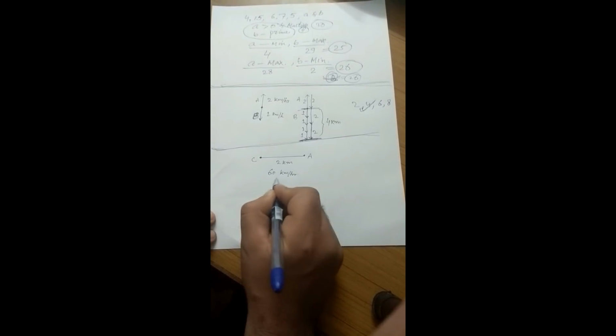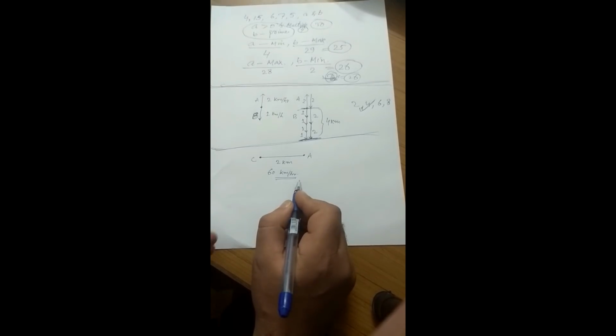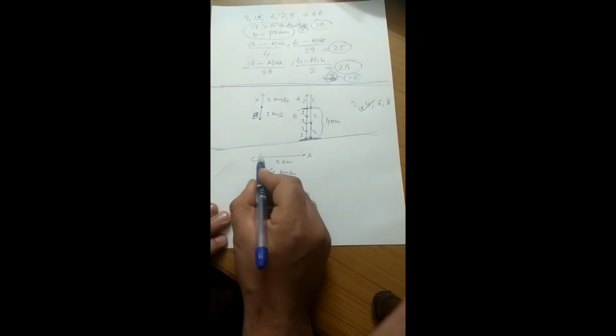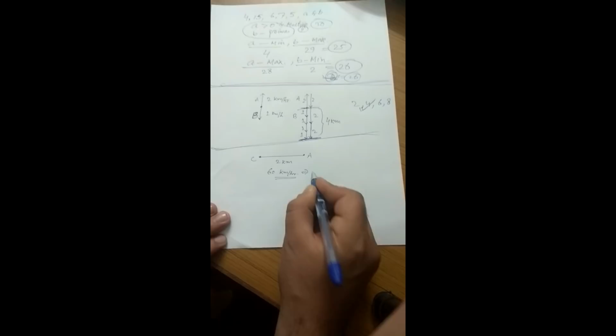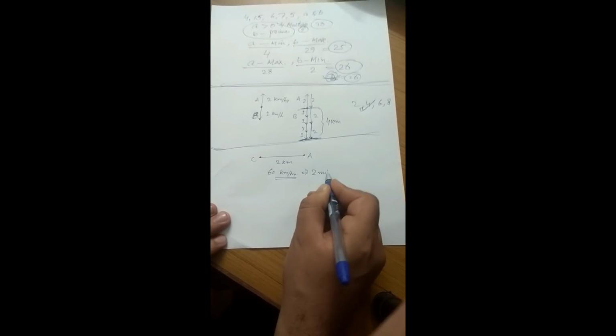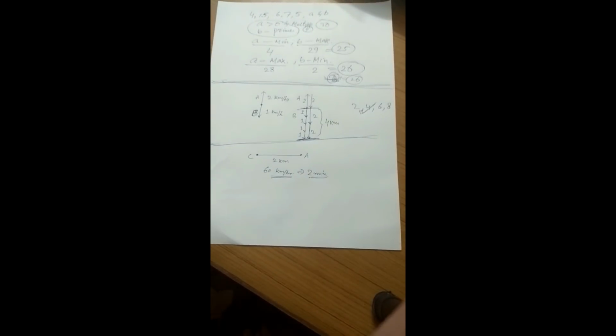So what does this mean? If his speed is 60 kilometers per hour, the time taken will be 2 minutes. So if the speed is 60 kilometers per hour, in order to travel a 2 kilometer distance, it will take a person 2 minutes to cover the distance from C to A. But in the question it is saying that due to heavy traffic,